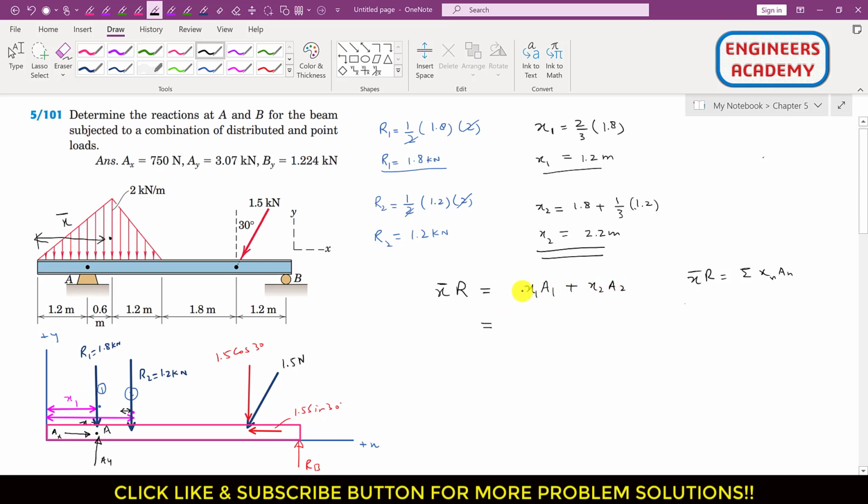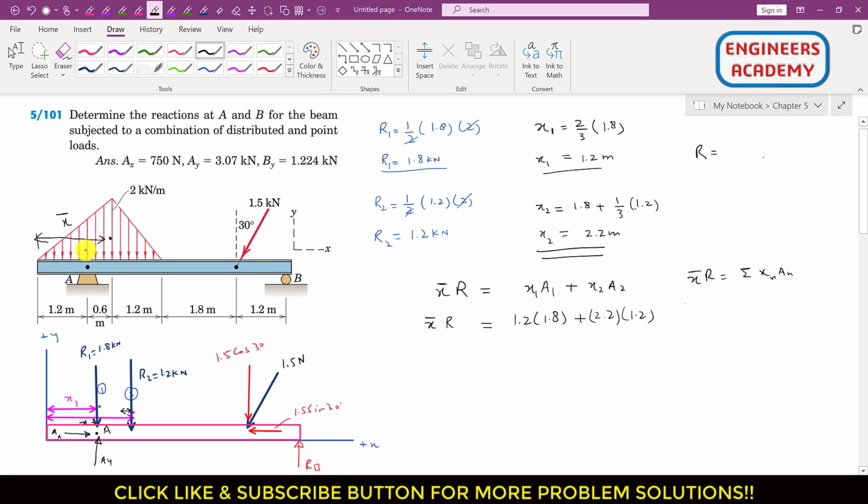So then what is x1? We have already determined that x1 is 1.2, and area 1 is this R1, so we can multiply it by 1.8, right? Plus x2. So x2 is 2.2, and area 2 is this 1.2. So I will multiply this with 1.2, and x bar into R, and R is